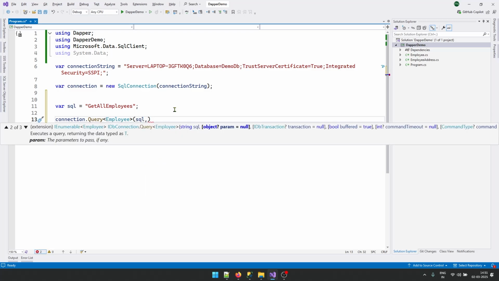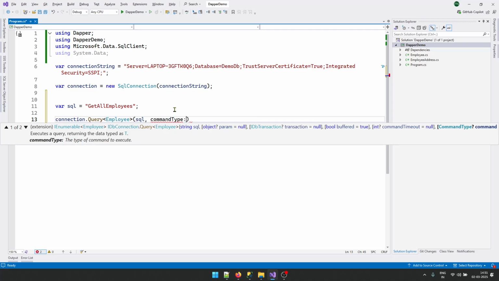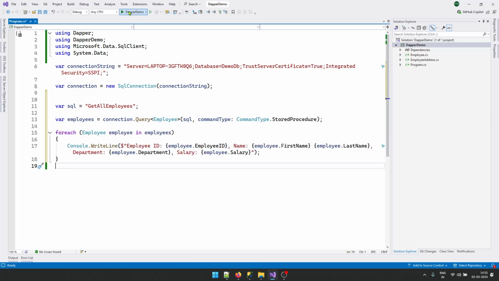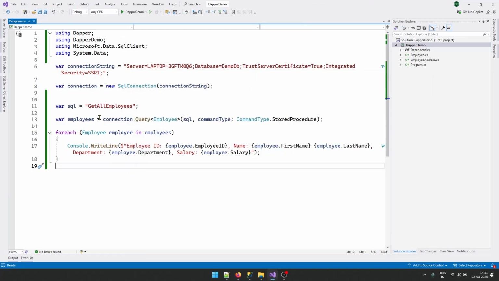And one more thing we need to do, we need to specify the command type. For that we can use the command type parameter and mention here command type dot stored procedure. Let's store this result in employees. After this, we can use a for each loop and print all the employees. Let's run this program. You can notice I am getting all the employees, and we have successfully executed this particular